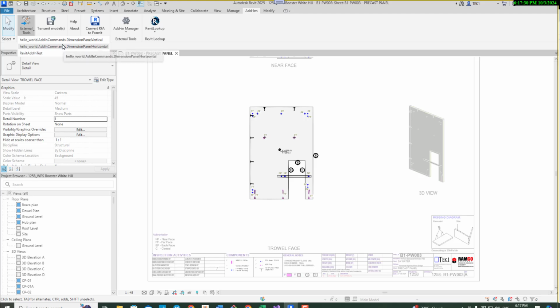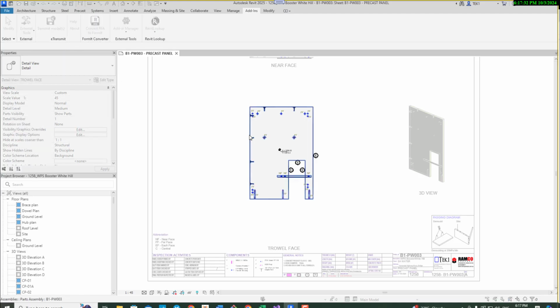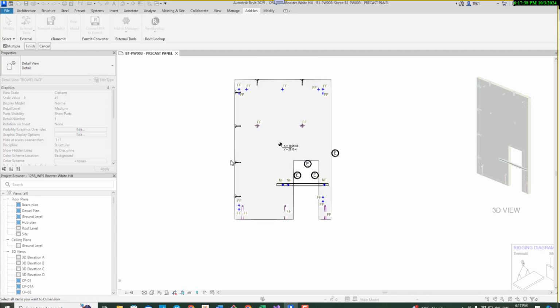Let's demonstrate this. Let's demonstrate horizontal dimensions. Click on the panel you want to dimension, then select the items you want to dimension. In this particular case, we are going to select all of these items here. All of these ones. In fact, let's include the far face ferrules here. When it dimensions,